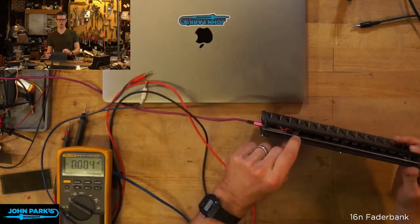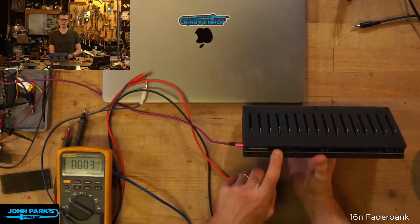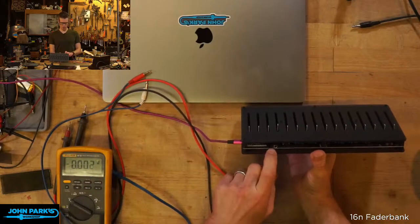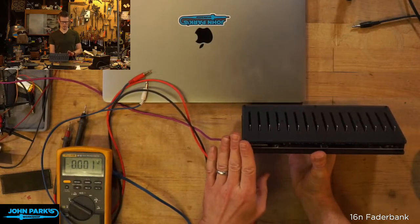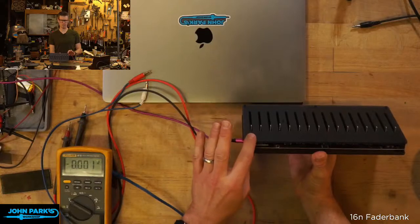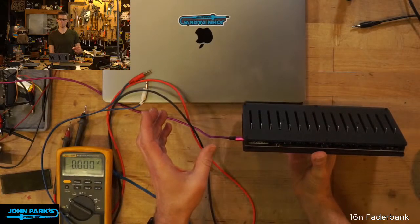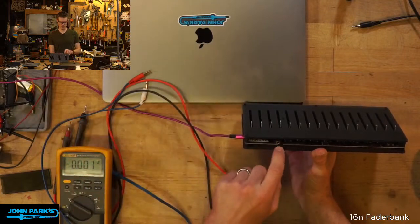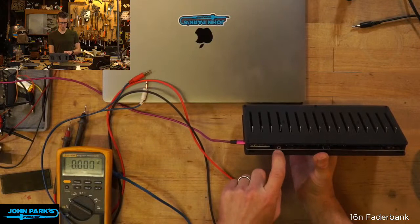this I2C coming out of here. So there's not much info online about the I2C protocol that's being used here. It was designed for some of the Monome devices. I think Ansible and Teletype and Crow. There's a few of these synth modules from Monome that talk to each other using I2C. But if you do get info on that, and I think it's all open source, so you should be able